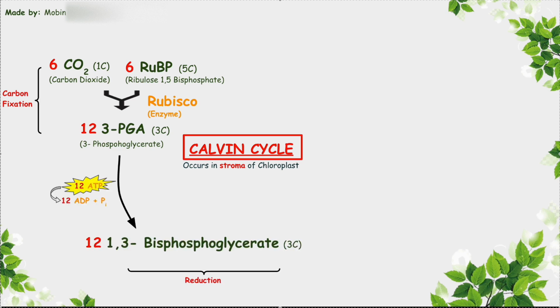In the next step, we have 12 ATP, which are converted into 12 ADP and 12 phosphate groups, which are then added to make 1,3-bisphosphoglycerate. So the phosphates get added to the first carbon and make 1,3-bisphosphoglycerate. This step on is known as the reduction phase, which is phase 2. And next we have